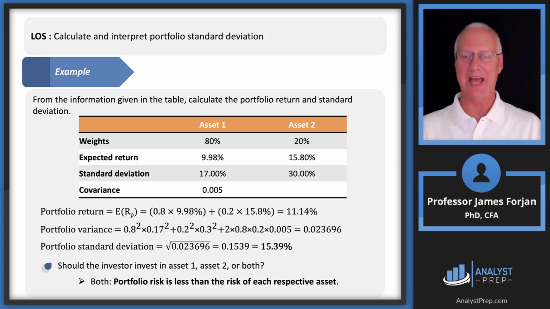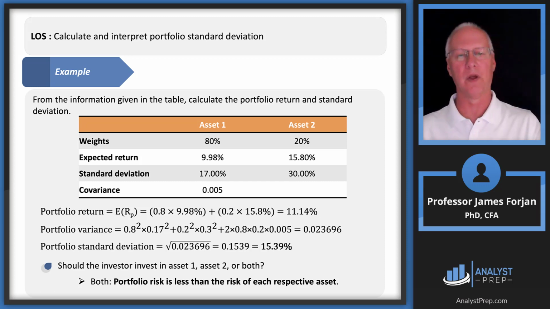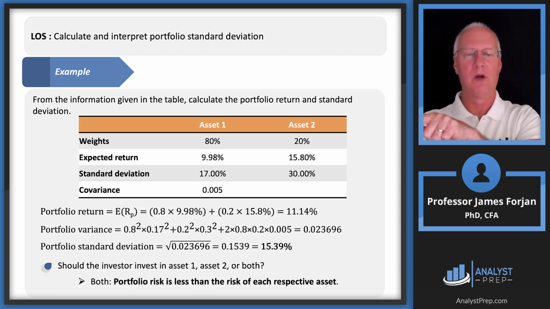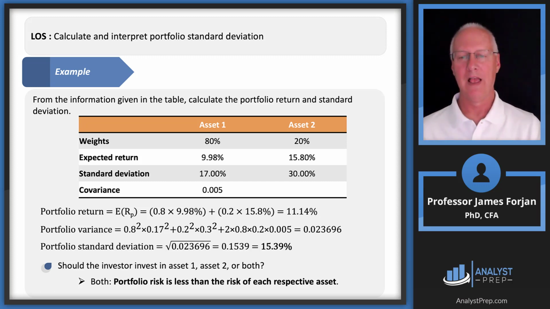And then we're going to add 2 times weight 1, which is 80%, times weight 2, which is 20%. And by the way, the 2 there is not because there are 2 assets in the portfolio. It's because asset 1 co-varies with asset 2, and asset 2 co-varies with asset 1, so you have to count it 2 times. And then we'll multiply by the covariance, which is the non-James Bond 005. And you get 2369, take the square root, and you get